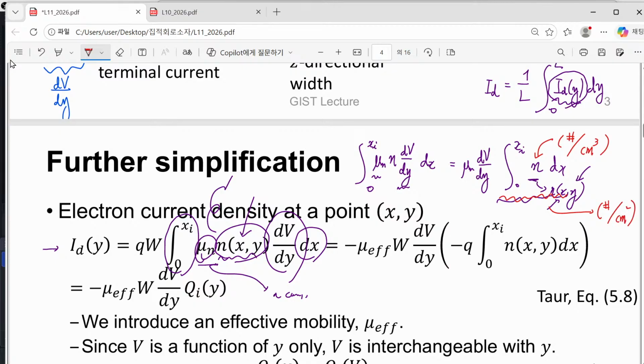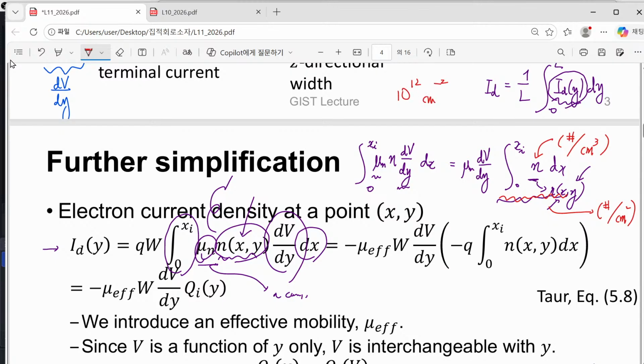Square centimeter per unit area. How many electrons are found? That quantity is obtained by taking this vertical integration. Maybe you remember that I emphasized that you have to fill in the numbers. For example, 10 to the 12 per